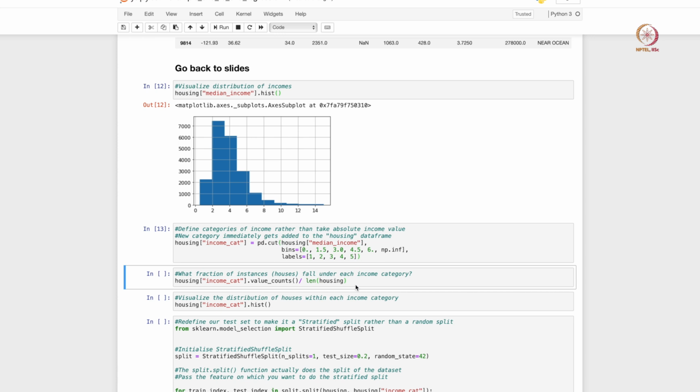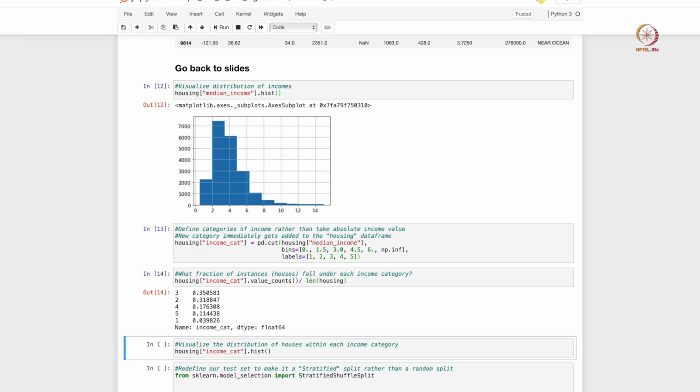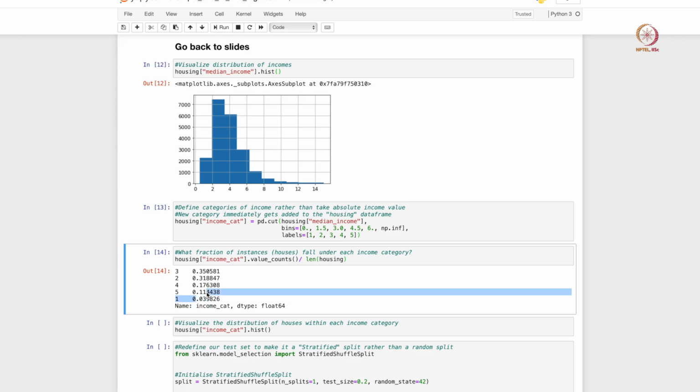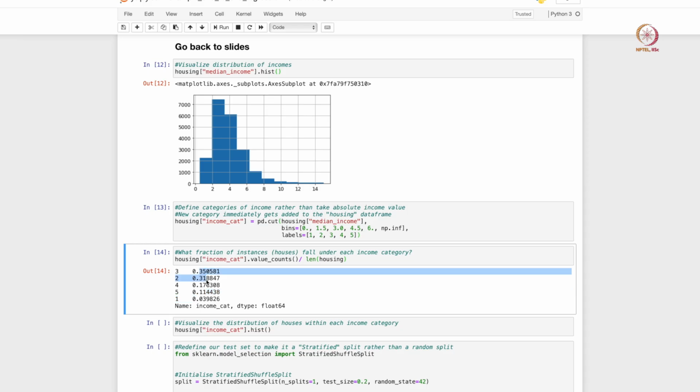Let us now see how the incomes are actually distributed within our housing data set. We see that the extremely poor and extremely wealthy are not that well represented. They only contribute about 4% and 11% of your overall data set, whereas the lower middle income and middle income represent the bulk of the data.